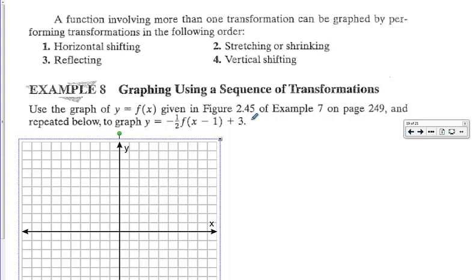Okay. A function involving more than one transformation can be graphed by performing transformations in the following order. So the order matters, okay? We want to horizontally shift first, then we're going to shrink or stretch, then we're going to do any reflecting necessary, and then finally any vertical shifting. So on example 8, it says to use